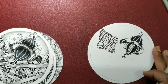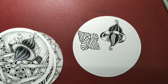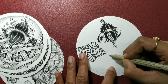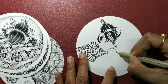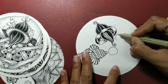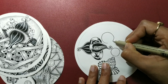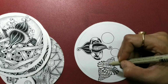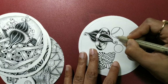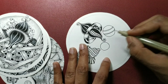Yes, just an experiment. So now we'll go ahead and draw a few other tangles. So I'm going to add one or two jetties here randomly, and then probably move on to some triply. Just thinking of some tangles to draw under my Pouyang and which adds to the look of my tile,